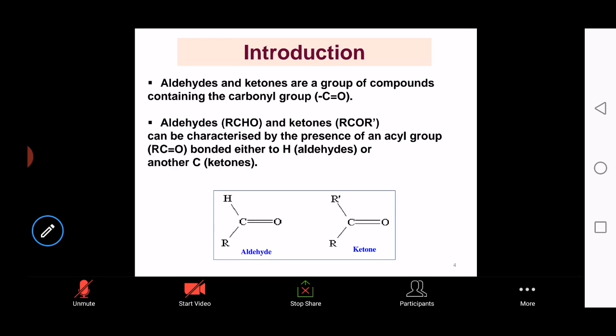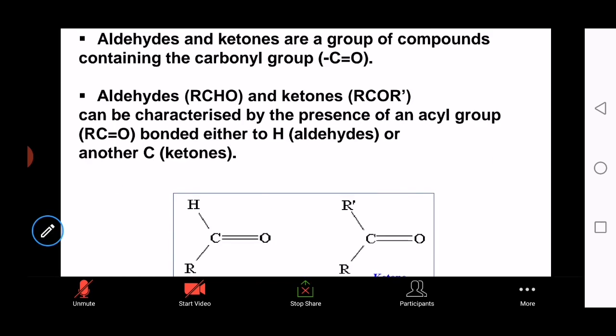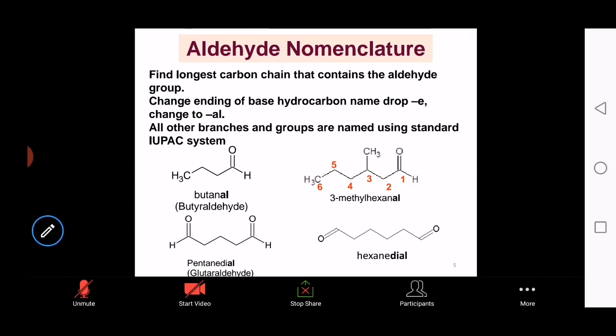They can be characterized by the presence of an acyl group, RC double bond O, bonded either to hydrogen. So if bonded to hydrogen, it is aldehyde, or another carbon, it is a ketone. You can look at the examples below. For aldehyde, see the carbonyl group is bonded with H, that is aldehyde. And for ketone, the carbonyl group is flanked by alkyl groups. Both sides have alkyl groups, that is ketone. Okay, and then next slide